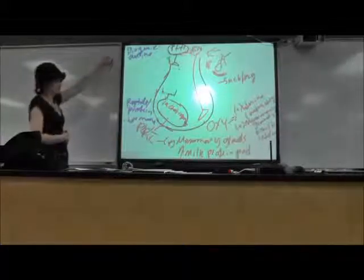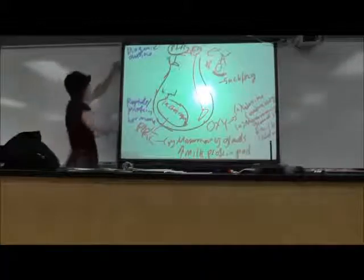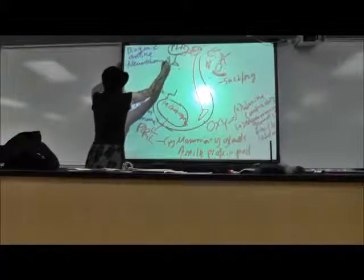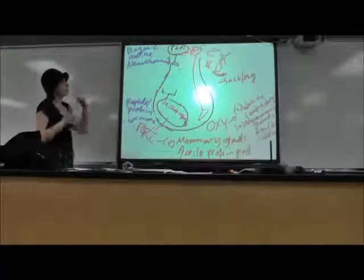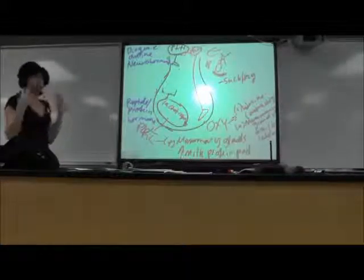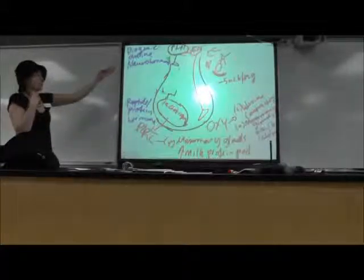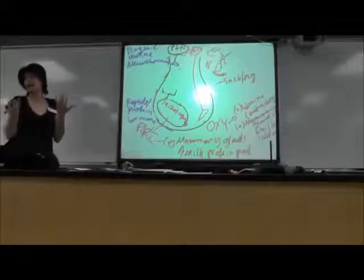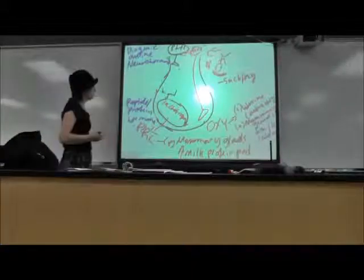But it's water soluble, so it's binding an extracellular receptor and activating second messengers in lactotropes. By method of release, it's a neurohormone. And its release, prolactin inhibiting hormone's release, it just always happens unless it's being inhibited by oxytocin. So that's probably neural. I'm not going to ask you to classify it because it's just always being released unless we have set up this positive feedback loop of oxytocin to inhibit it. So as far